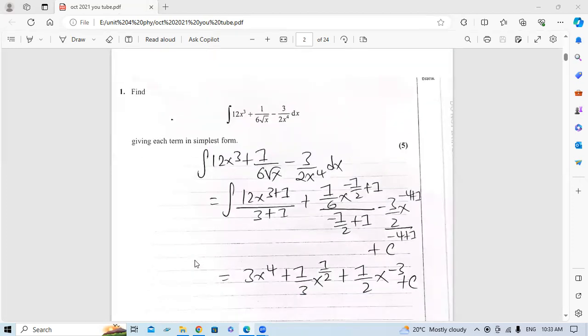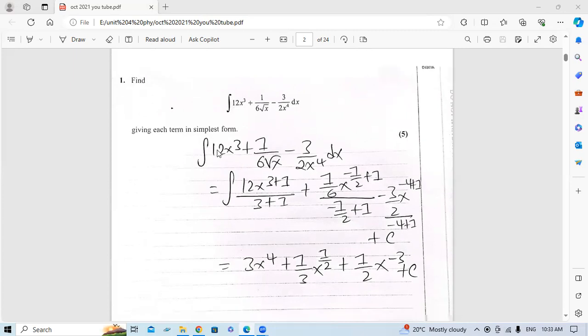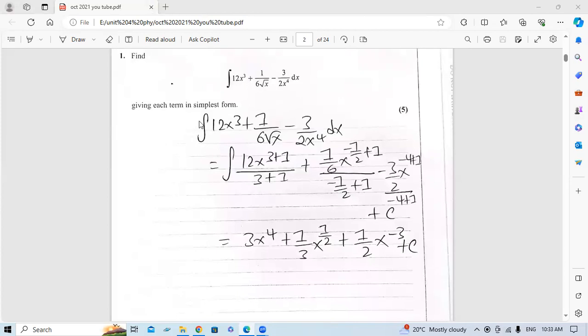In question number 1, it has been given: integrate 12x cubed plus 1 by 6 root x minus 3 by 2x to the power 4 dx, giving each term in simplest form. So the solution will be to integrate 12x cubed plus 1 by 6 root x minus 3 by 2x to the power 4 dx. When we are trying to integrate it, 12x to the power 3 plus 1 divided by 3